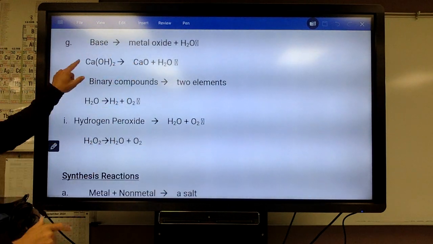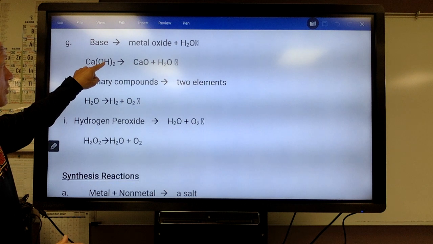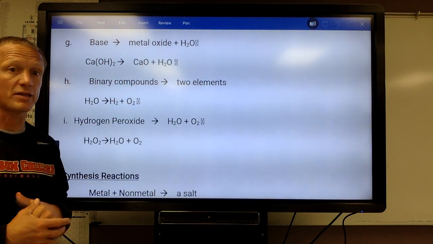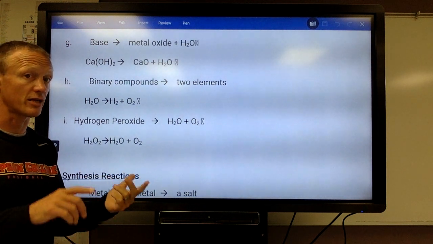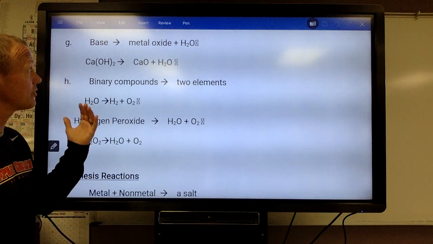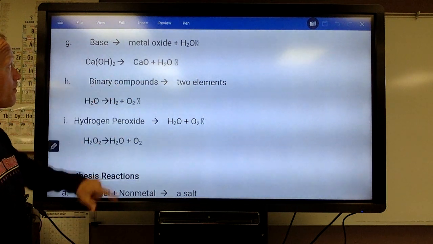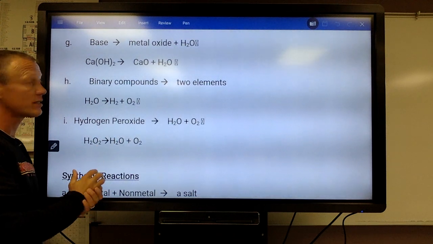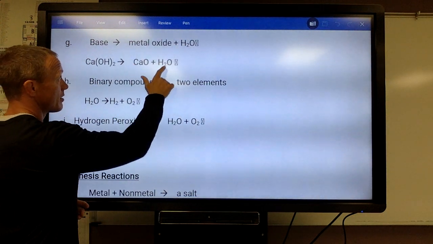A base, like calcium hydroxide, so any hydroxide will produce a metal oxide in water. So bases always have a metal in them. Think about it: lithium hydroxide, sodium hydroxide, potassium hydroxide, barium hydroxide, calcium hydroxide, magnesium hydroxide. They always have a metal in them. So when a base is decomposed, so if it says decomposition of a base, it produces a metal oxide plus water,